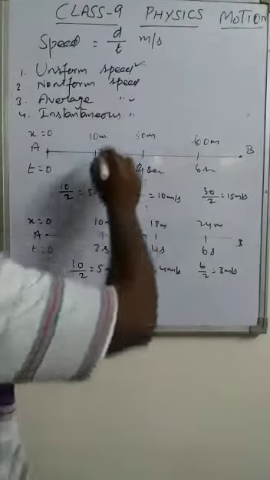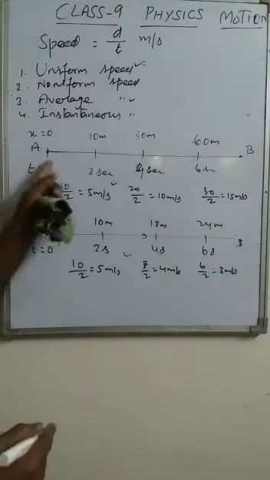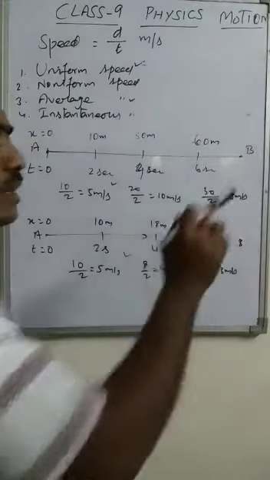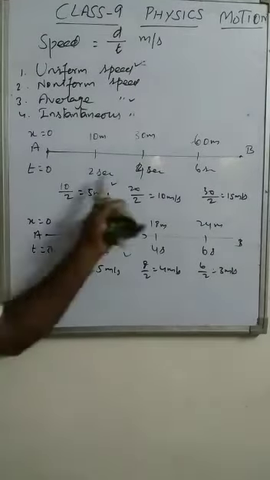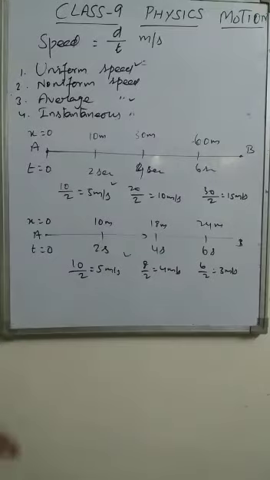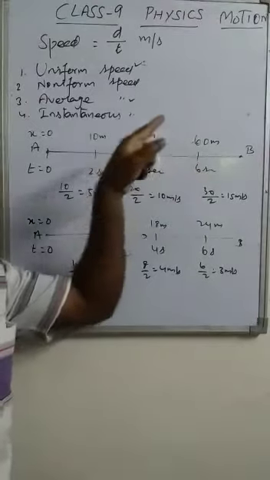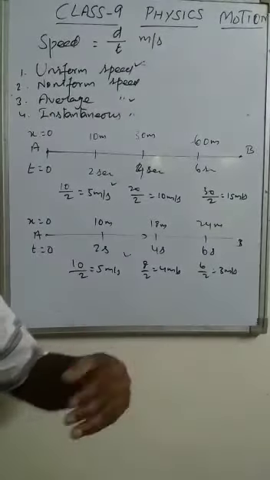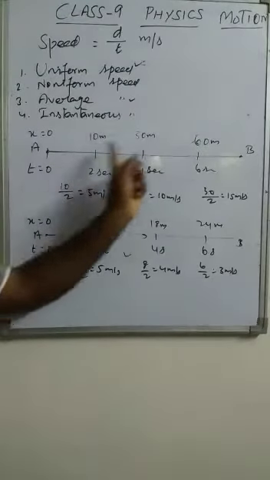Now coming to the average speed. What actually is the average speed? In the whole journey of non-uniform motion, you see that in every interval the speed is continuously changing, that is, increasing or decreasing. It is not the same throughout the journey. But at the last, after reaching our destination, we sometimes use the words that I traveled with this much speed. So here, if we calculate the speed for the whole journey,